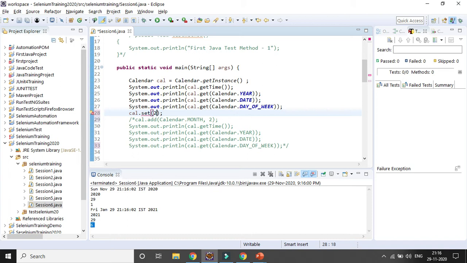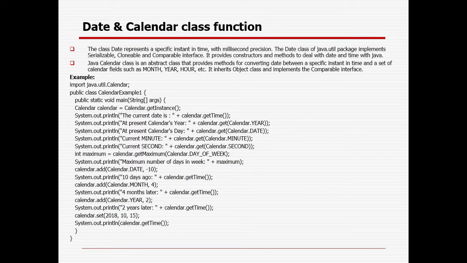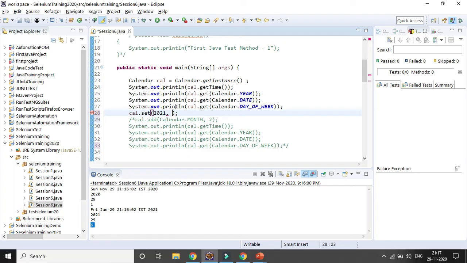Suppose I want to set 2021 as the year, then set the month to June, and the date to 26.